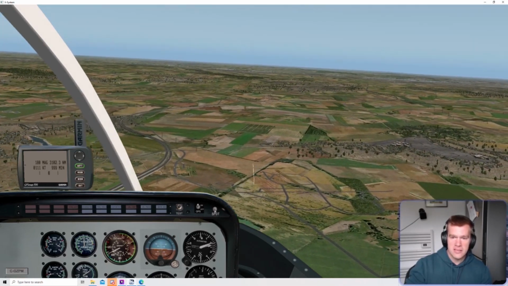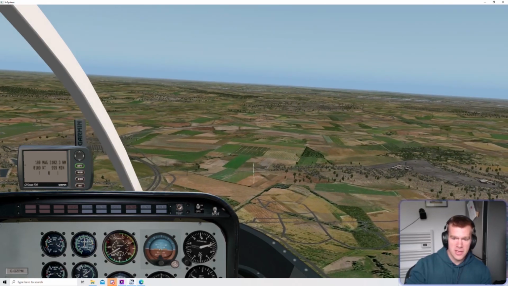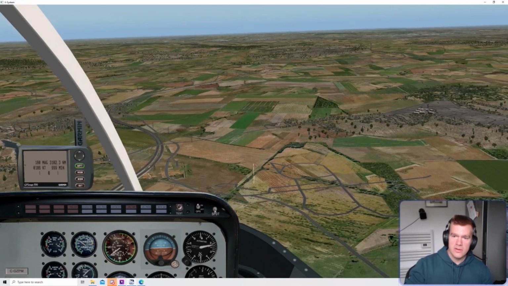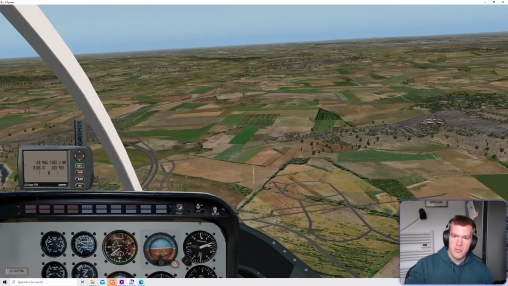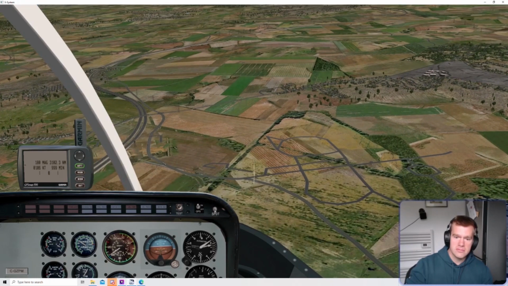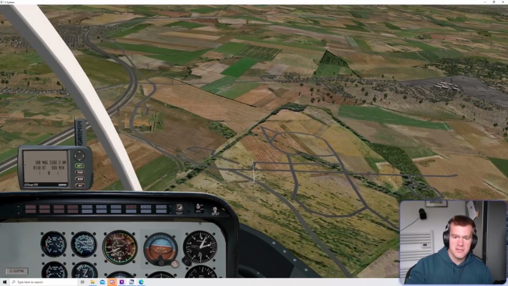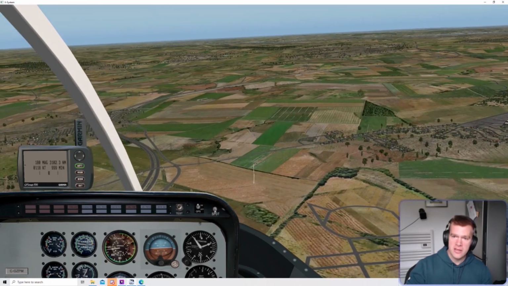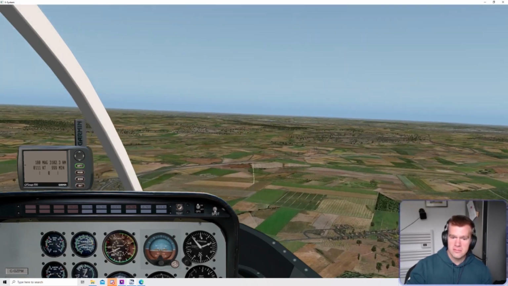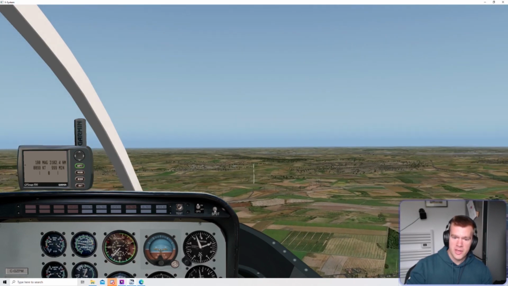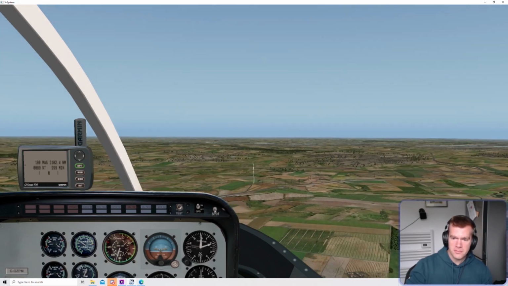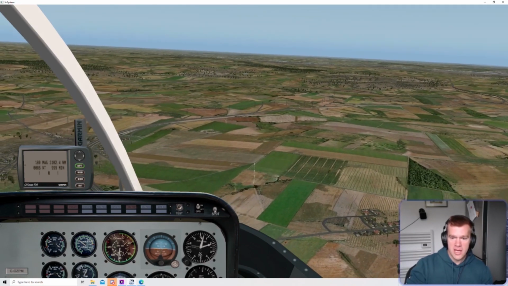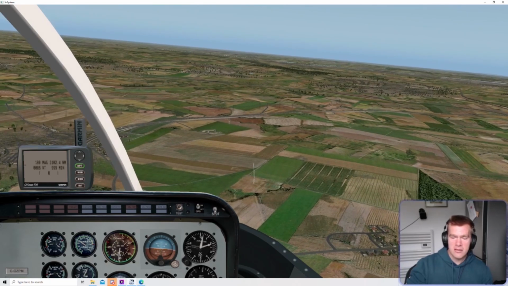If we look down, center of the console at the airspeed indicator, which is currently showing about 100 knots, if I push the stick forward and lower the nose, the airspeed will increase. And if I pull it back and raise the nose, the airspeed will decrease. The secondary effect of pitching the nose up and down is the aircraft will climb and